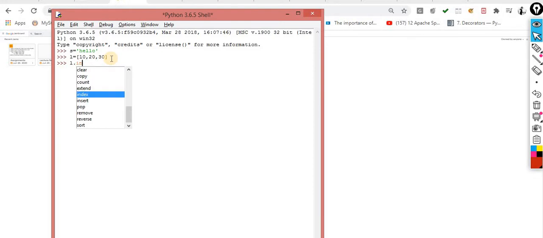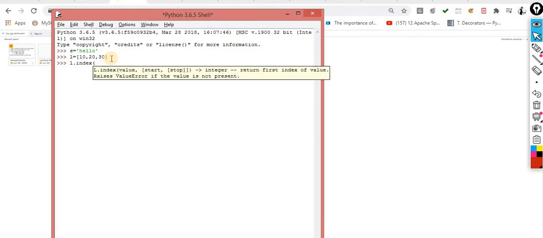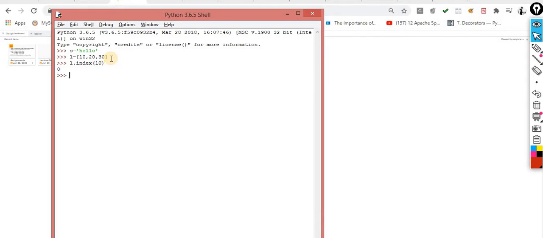Now I want to check the index of 10. You will get index 0. Now I want to check the index of 30. You will get 2. Now I want to check the index of 300. Now you will get the ValueError, because 300 is not available in the list. Okay, so next one,